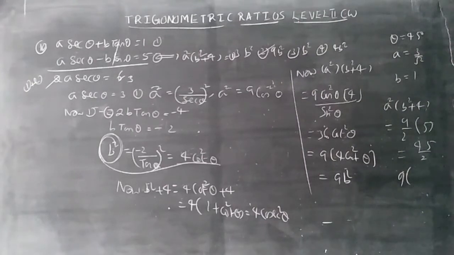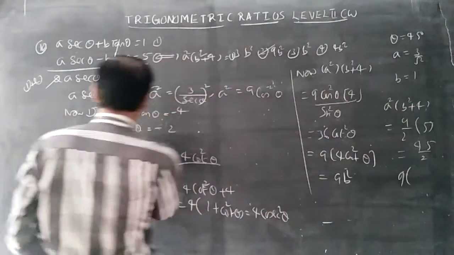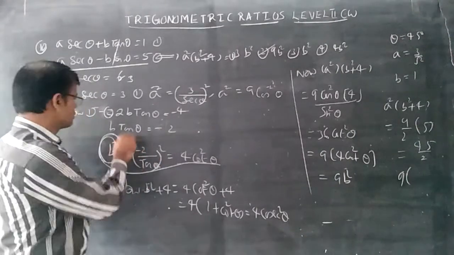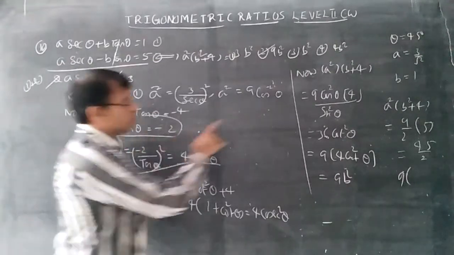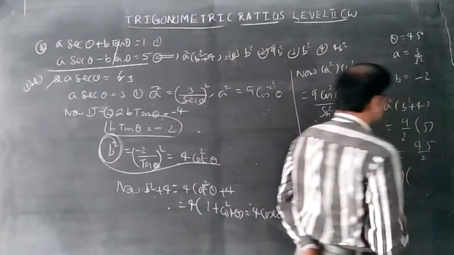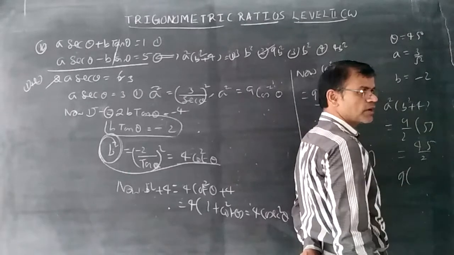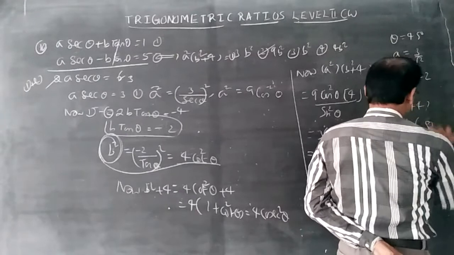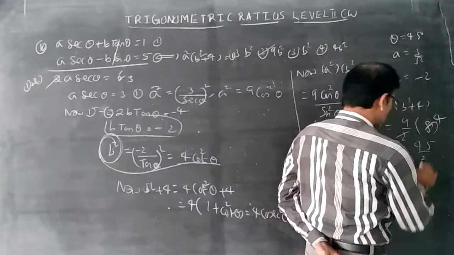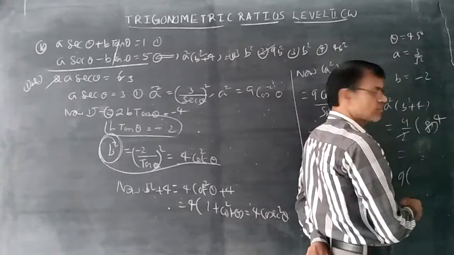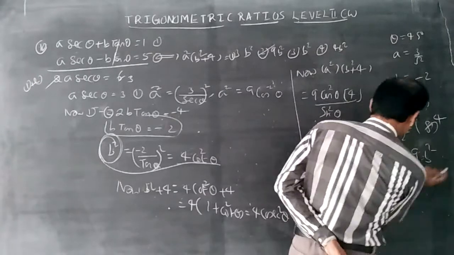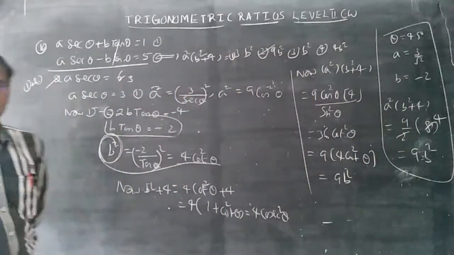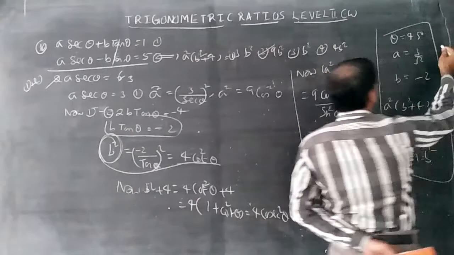B tan, no, B tan equal to minus 2. B is equal to minus 2, not B is equal to 1. Here B is equal to minus 2. Now minus 2 whole square plus 4 becomes 4 plus 4 becomes 8. This is 8. We got 9 B square. At last we write this one. Shortcut, so no need to do this one. After putting theta equal to 45, this is a shortcut. Better, right.